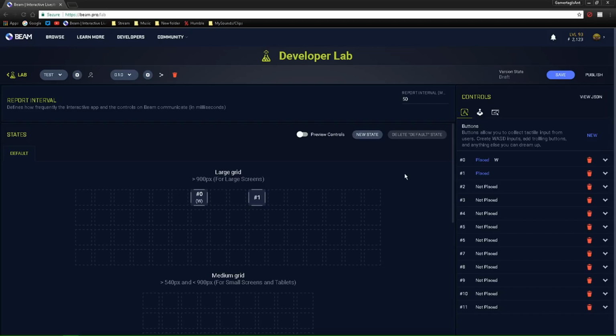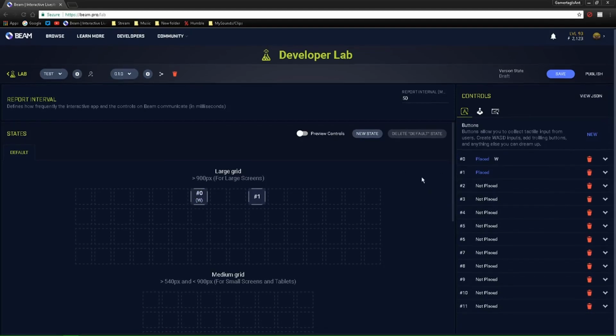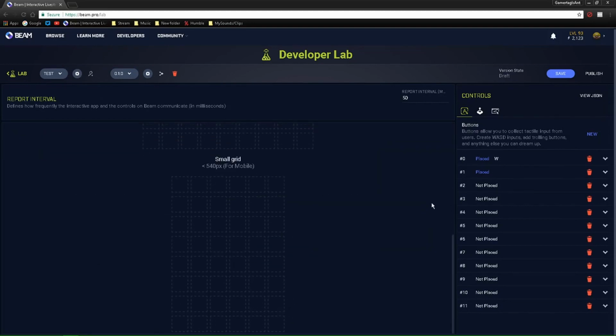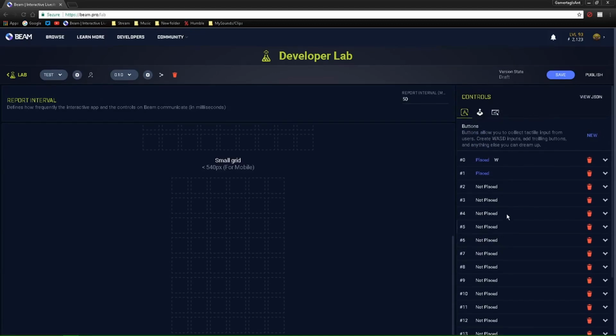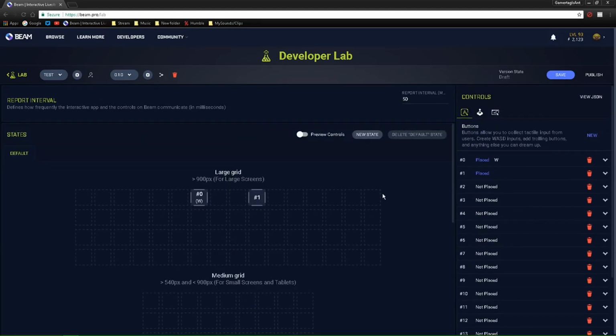I only use Chrome and Edge, so I don't know about Firefox, but Chrome is the only browser that will currently let you scroll all the way down, especially when you make multiple buttons like this. Edge right now does not seem to scroll properly, which really sucks. So here we go. You can resize your buttons here to a maximum of 4x2, no bigger than that. And you are able to have a maximum of 64 buttons on your board,